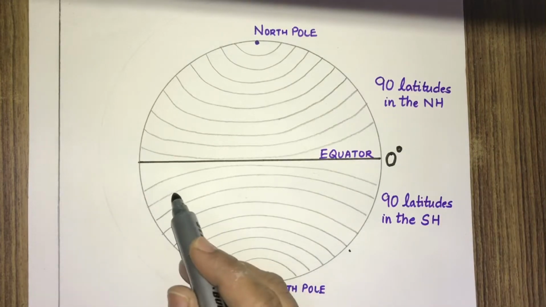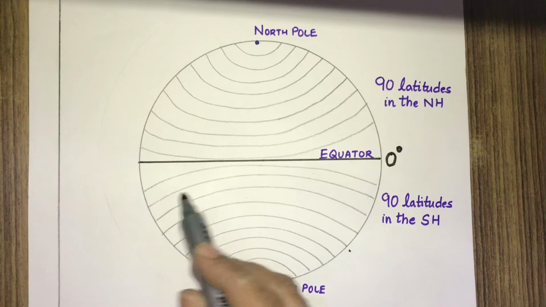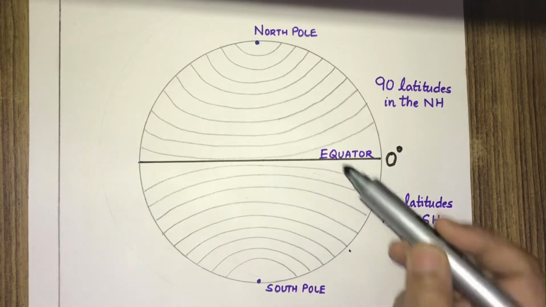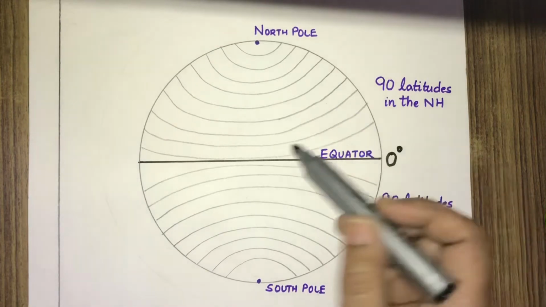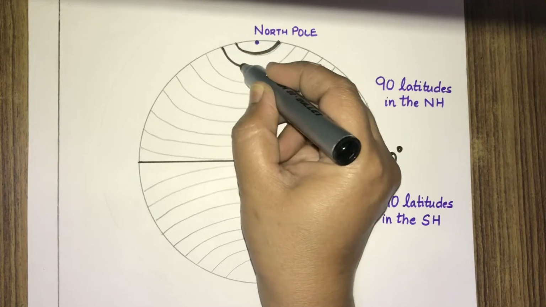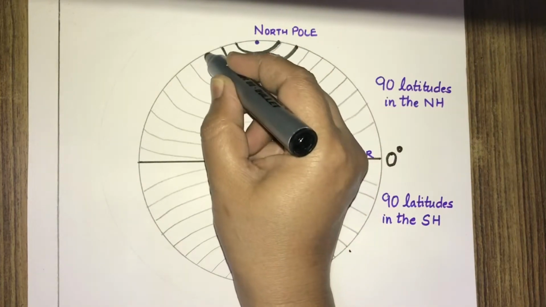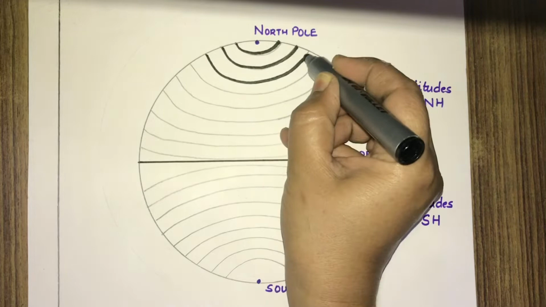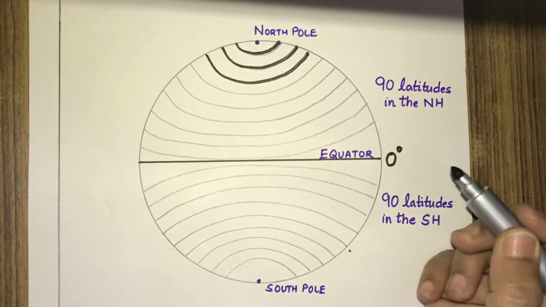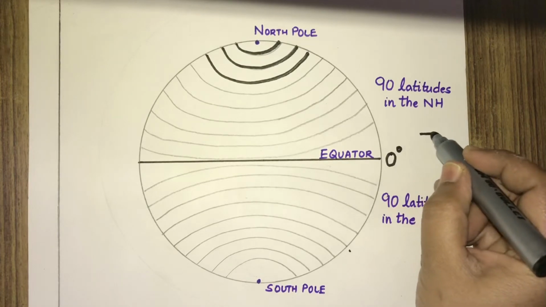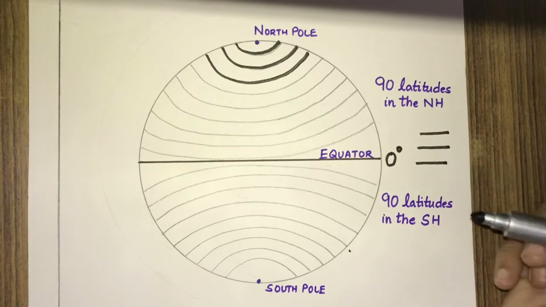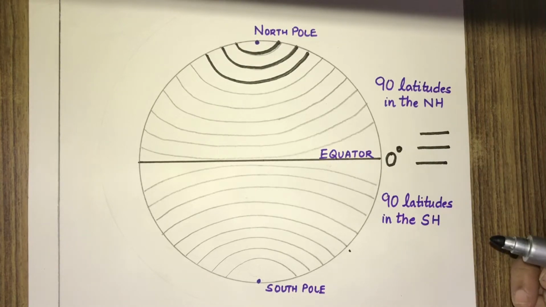Now we start drawing imaginary lines that are parallel to the equator in both the hemispheres. So if you look at the northern hemisphere, I start drawing imaginary circular lines that are parallel to each other. Now, what are parallels? If you look at your notebook, you must have seen lines like this. This is an example of a parallel line.